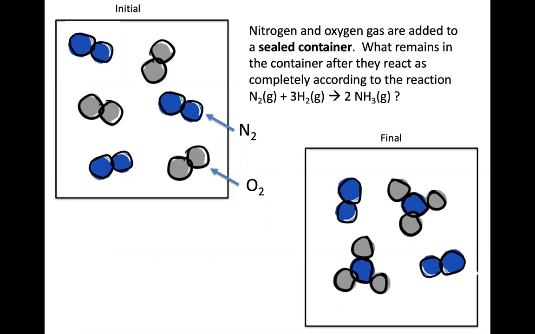If I look over here, I see a total of 6 blue ones. I've got to have a total of 6 blue ones. I see a total of 6 gray ones. I've got to have a total of 6 gray ones. On these questions where it's taking place in a reaction in a sealed container, that's one thing that I need you to look out for. Now, if I look within the details here, it says that I'm forming NH3, and that's what's being drawn here.